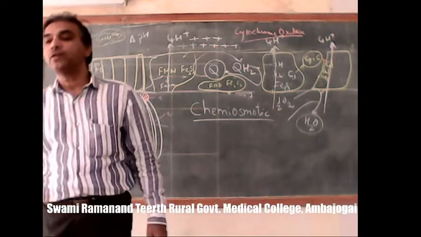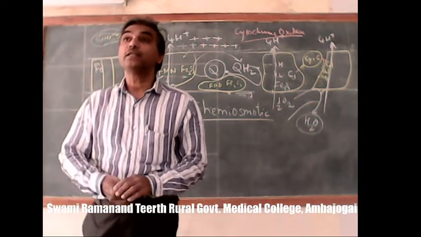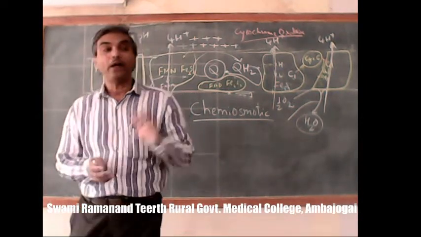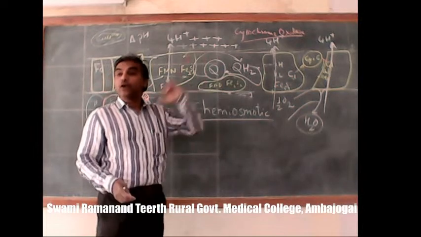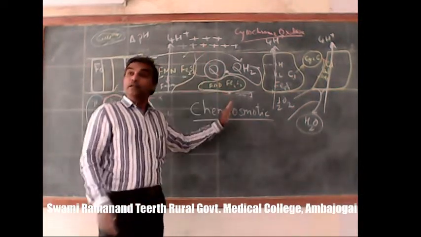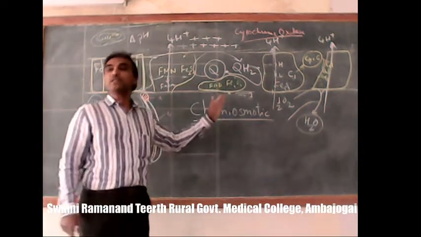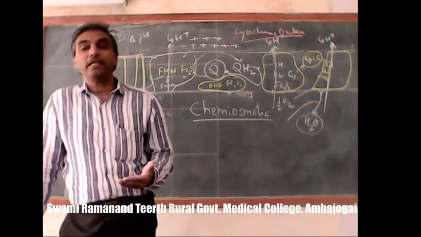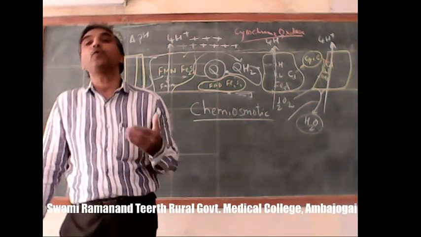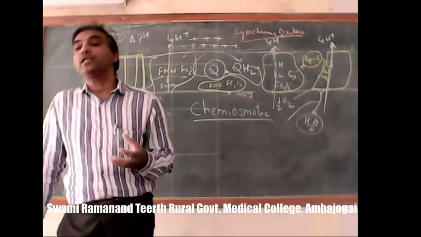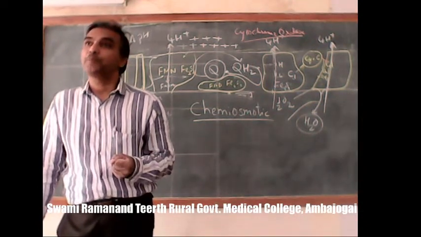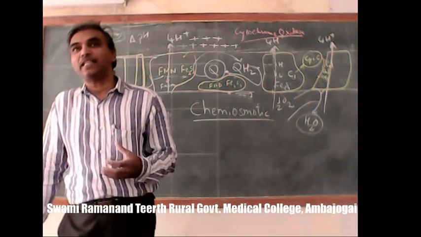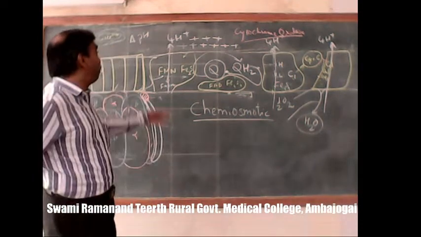Chemiosmotic theory of ATP synthesis. Now what this theory proposes: we already know that there occurs a difference. Which difference? The difference due to pH and positivity, that is the electrochemical potential difference, and this is the electromotive force. Now this force, this energy that is liberated, is used to pump